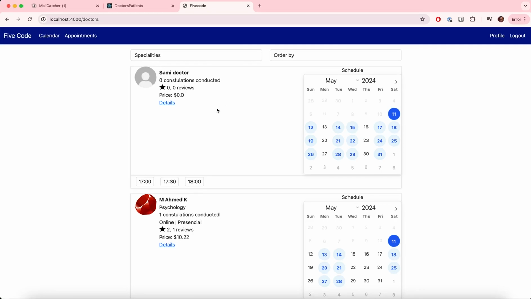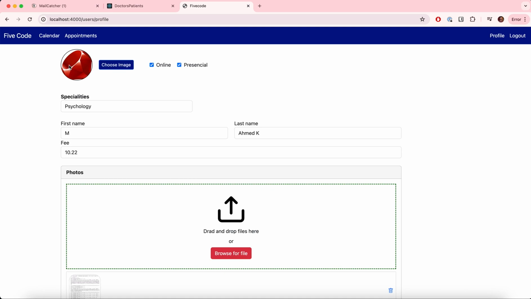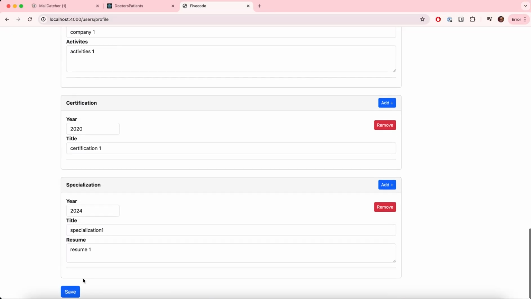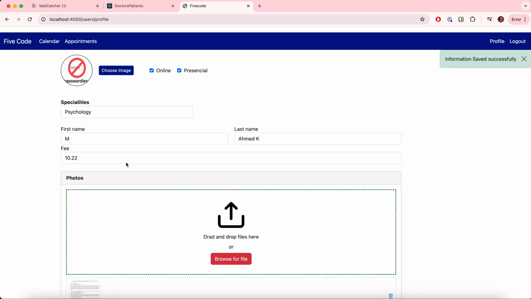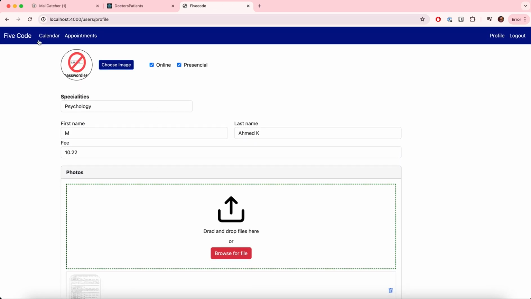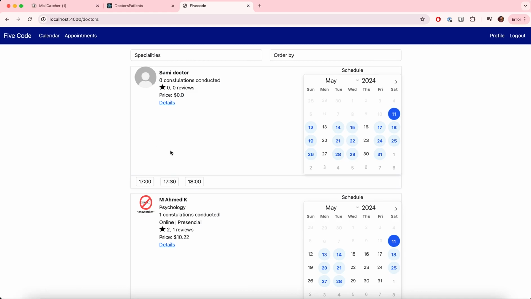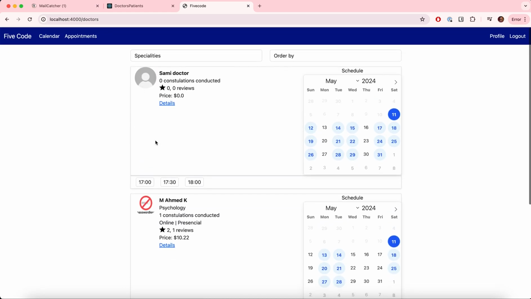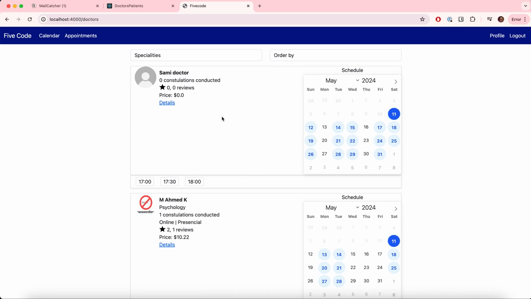In this video we will add an avatar to the user's or doctor's profile so they can change their profile picture or avatar from their profile settings. For example, if I choose a new image and then save it, you can see that the picture is now changed, and then if I go to the home page, the doctor's avatar is now changed. So we will implement this feature in this